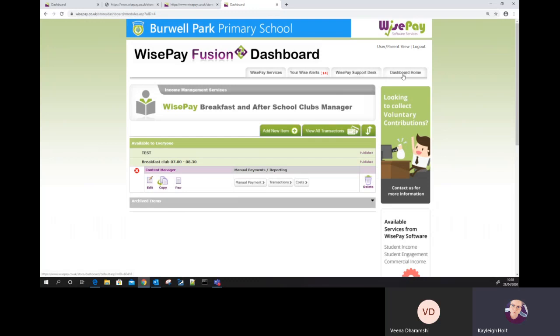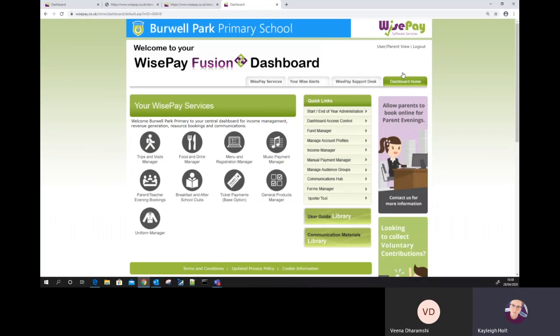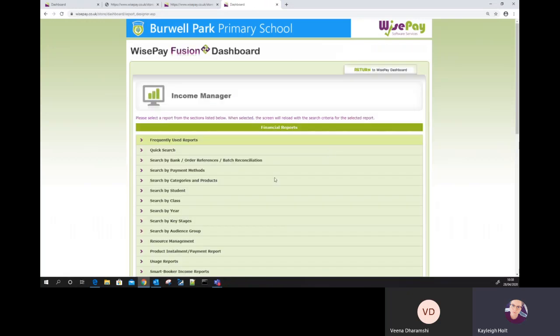Now, what we can also do is run a report for breakfast and after school clubs. So if I select the dashboard home, once we have lots of bookings in, and again, as we said beforehand, it could be that the admin staff come in every morning and select a printout for the day, or they could potentially select the printout for the week. So if we select the income manager,